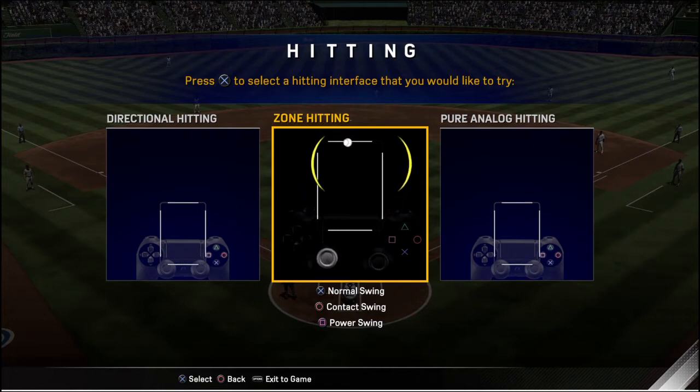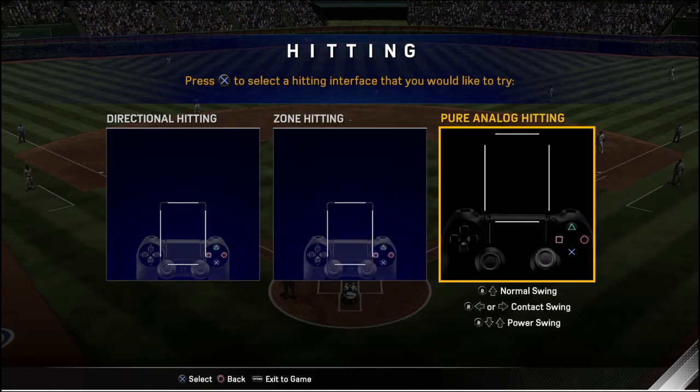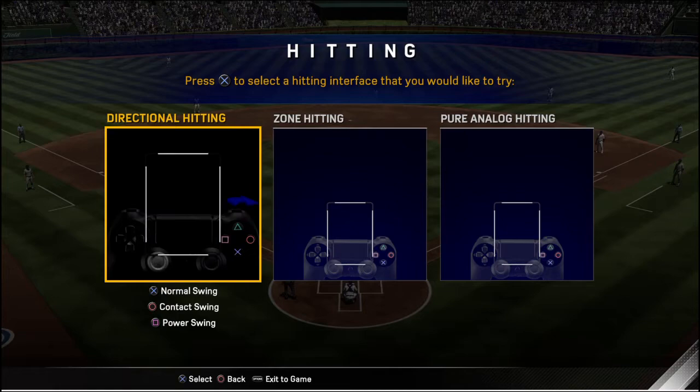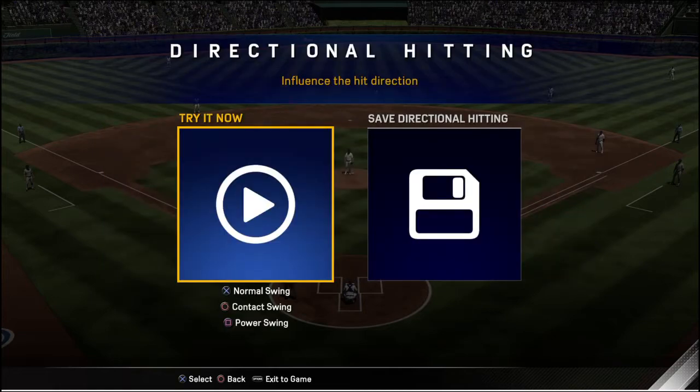Move the L stick in the direction of the pitch to adjust the plate coverage indicator, also known as the PCI. Now, when the PCI is aligned, to use pure analog hitting, flick the R stick up for a normal swing, move it left or right for a contact swing, or use power swing by moving. To use directional hitting,